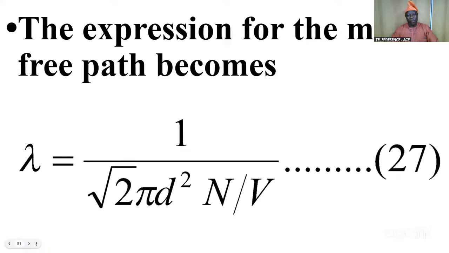Pi will be given to you in any question, either test or exam. The exam value for pi is either 22 over 7 or 3.142. And if it's not given, you should be able to substitute that because you have been using it from your secondary school days. Very important.